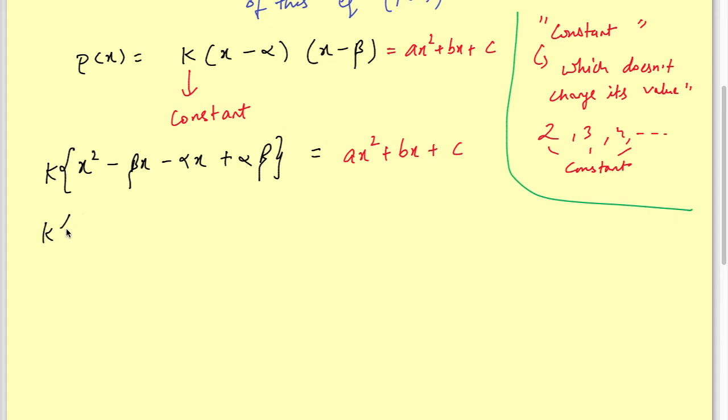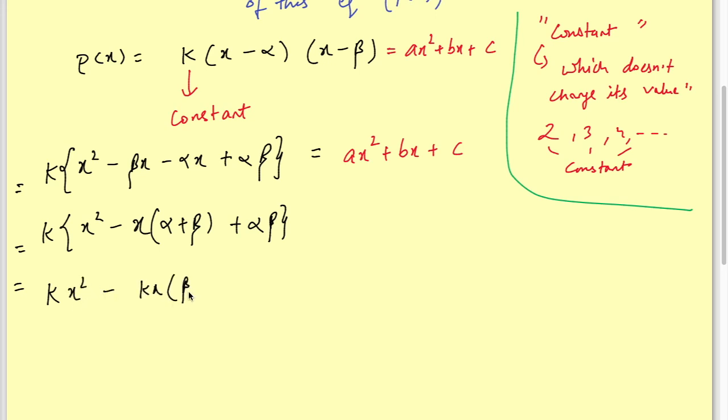So I differentiated with two colors, that is black and red. So let me take x common here, so it will become x square minus (alpha plus beta) x plus alpha beta. Okay, then opening this equation, it becomes k of x square minus k(alpha plus beta)x plus alpha beta into k. Okay,